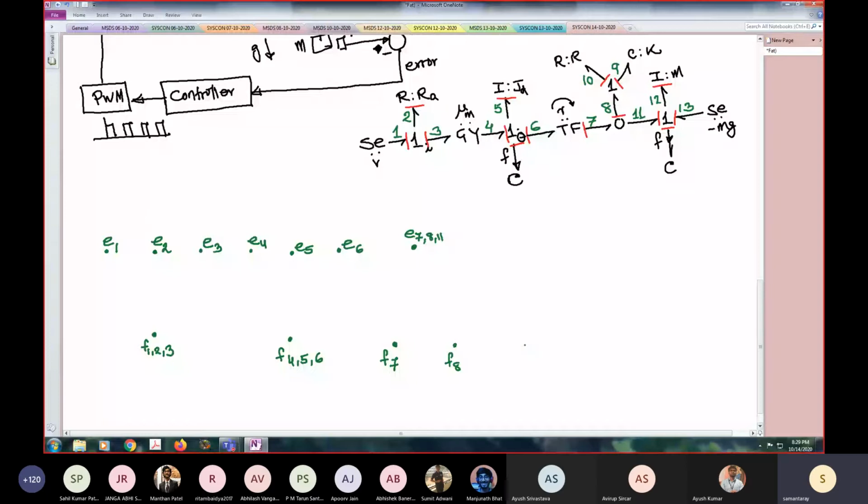Again, flow 8, because bond number 8 is connected to one junction at 9 and 10, 8, 9, 10. So flow 8 is same as flow 9 and flow 10. So I will write flow 8, 9, 10. At that one junction, flow 8, 9, 10 are same, but efforts are different. So there is one E8, we will have one E9, we will have another E10.